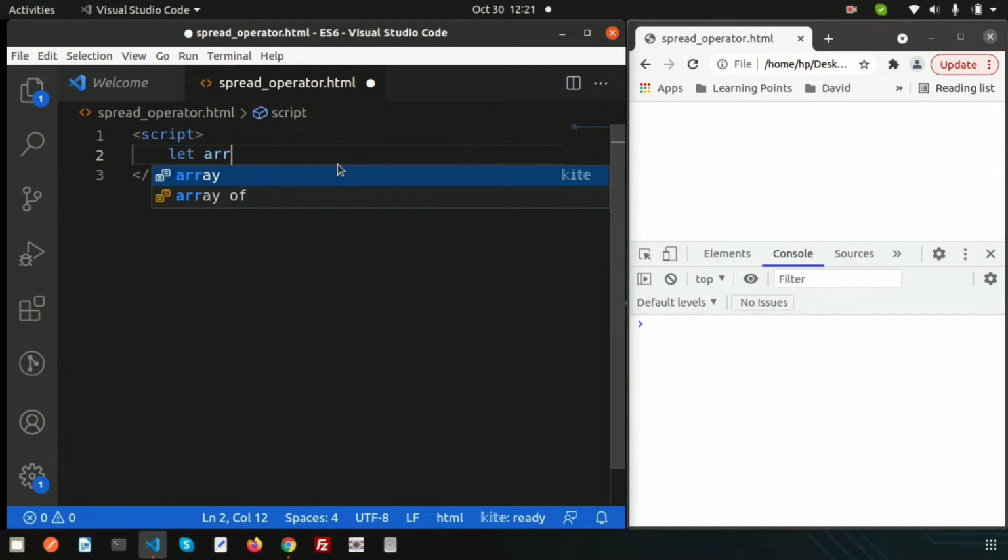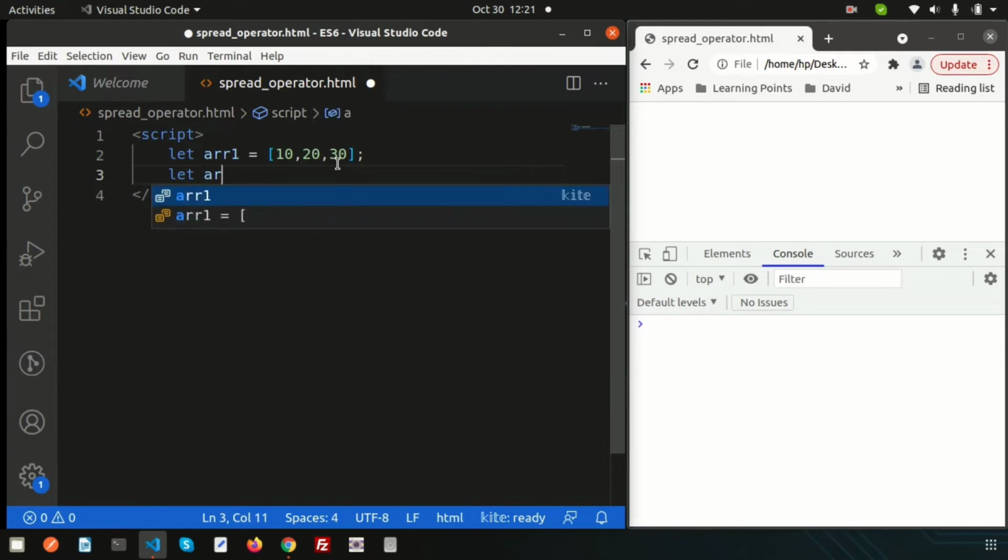Suppose let array1 equal to, I am taking a variable with some elements in the array, suppose 10, 20, 30. So these 3 elements. And I have another array, let array2, and in array2 we have suppose 5, 15, 25.